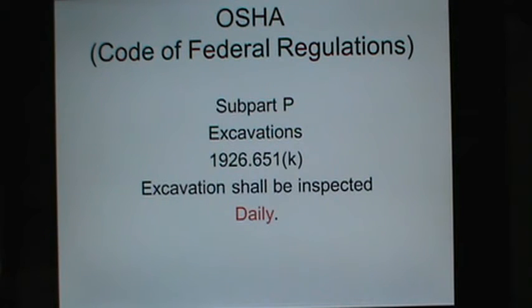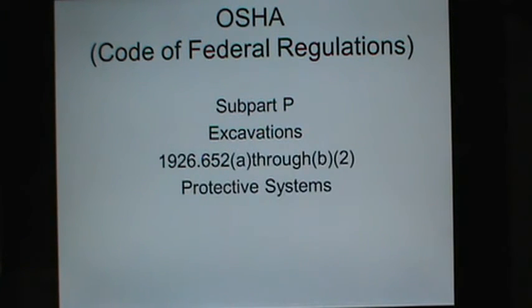Okay, let's go to 652. We're going to go A through B2. There's several paragraphs here that I want you to read and understand. It says in paragraph A that each employee in an excavation shall be protected from cave-ins by an adequate protective system designed in accordance with paragraph B or C of this section when the excavations are made entirely of stable rock,